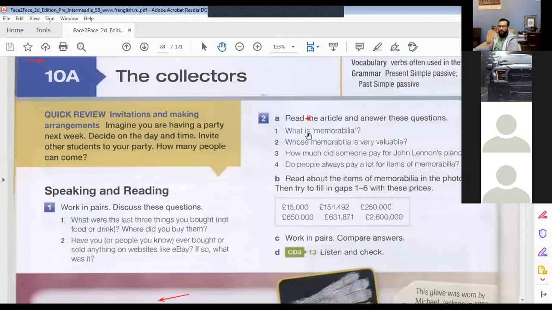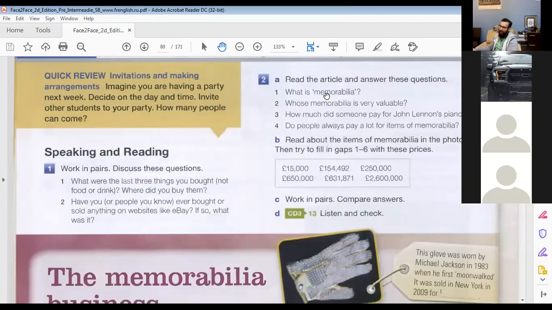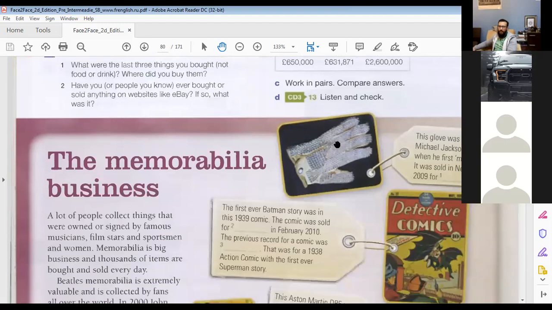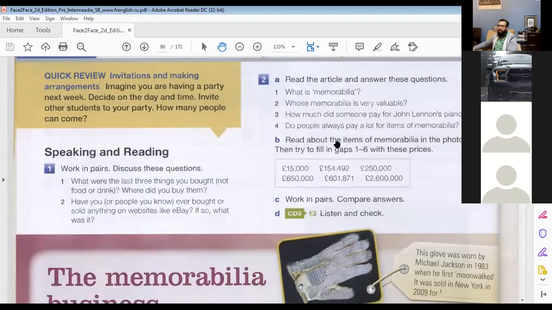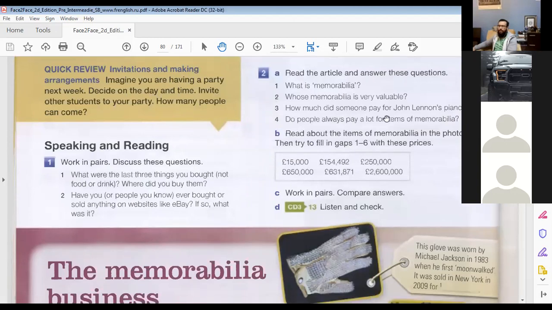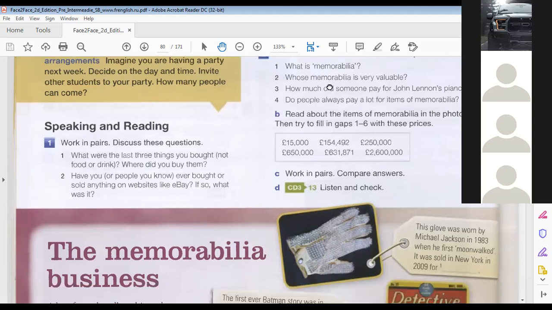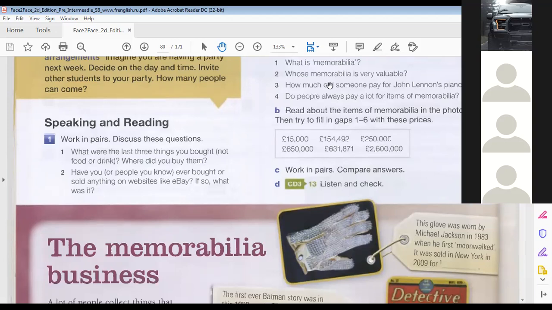So first question, it says, what is memorabilia? We just talked about it. It's something that belongs maybe to someone else. This is the idea. It's something that belongs to someone famous, especially someone famous. This is, I think, the most important point, because if it didn't belong to someone famous, then there's no point, right? So memorabilia is something usually connected to someone who's famous, especially if the person is dead, maybe, or something like that.